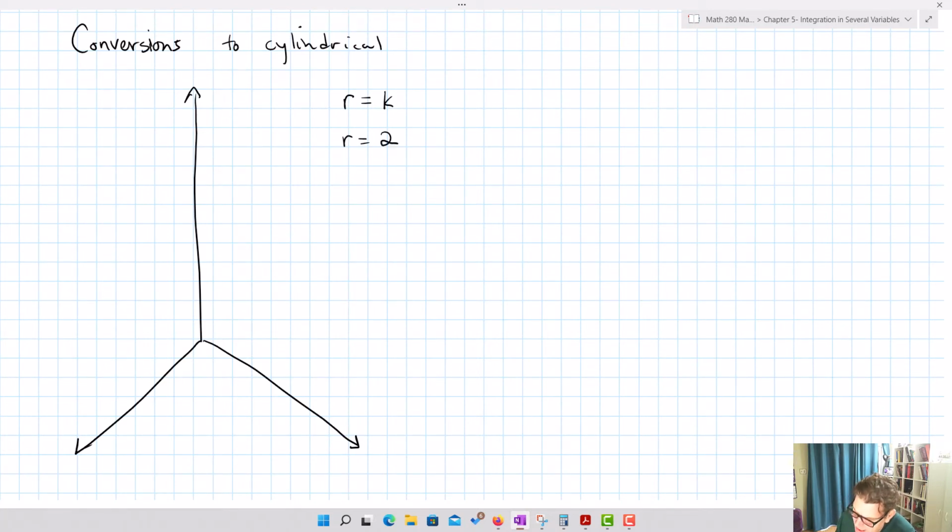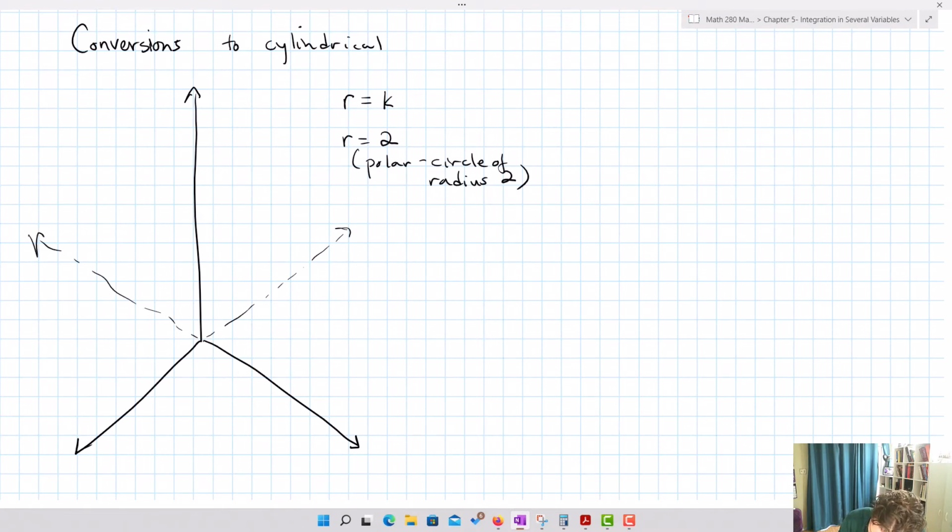All right, so that is in polar, right? In polar, that's a circle of radius 2. In cylindrical, that's going to end up being a cylinder of radius 2 with any value of z that we want. So what you imagine is that you've got this infinite cylinder, okay? Because on